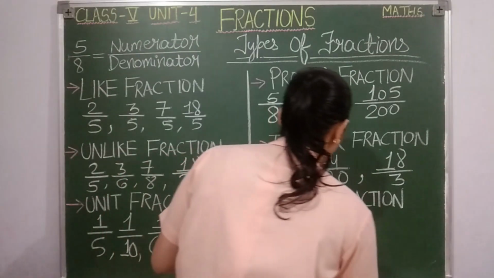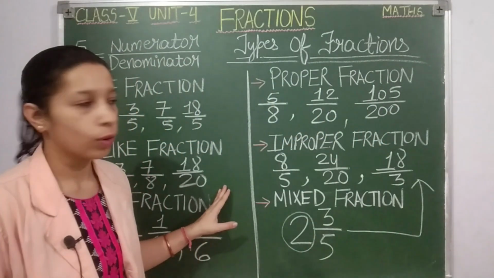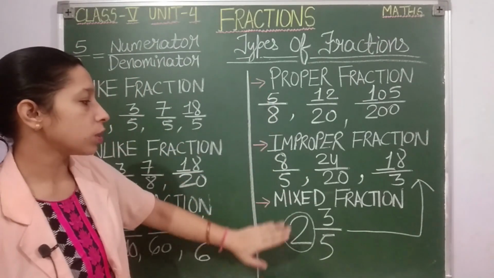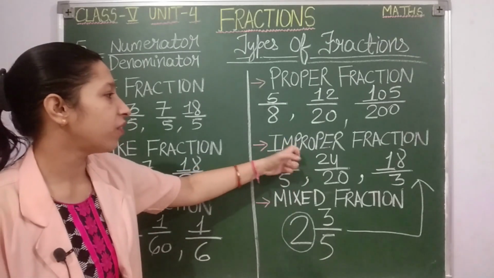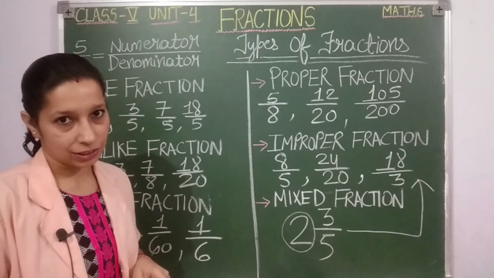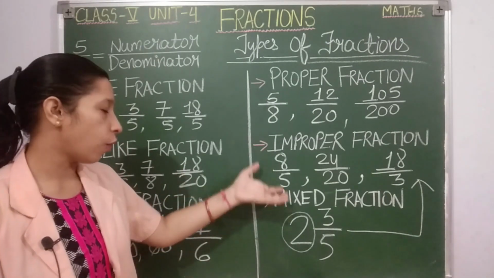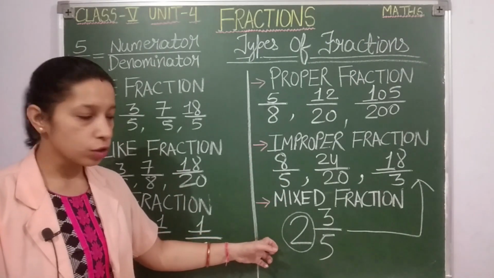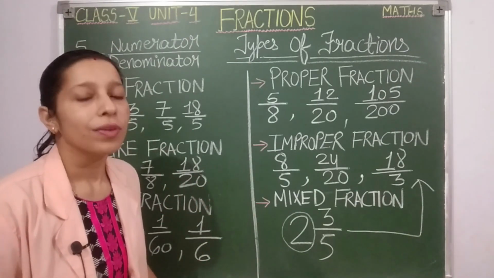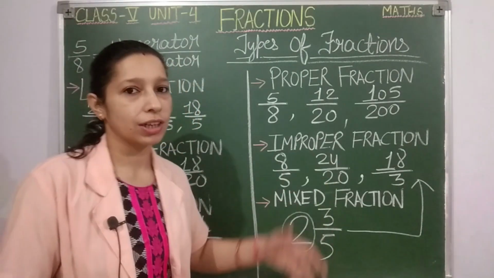One more thing students about mixed fraction. Mixed fractions we get from improper fractions only. For a proper fraction it is not possible to get a mixed fraction, but with an improper fraction we are getting a mixed fraction. For an improper fraction we can write a mixed fraction, and mixed fractions can also be shown as improper fractions. How? That we'll see later, but for now I am repeating this topic, then I'll make you clear about mixed fraction and improper fraction.